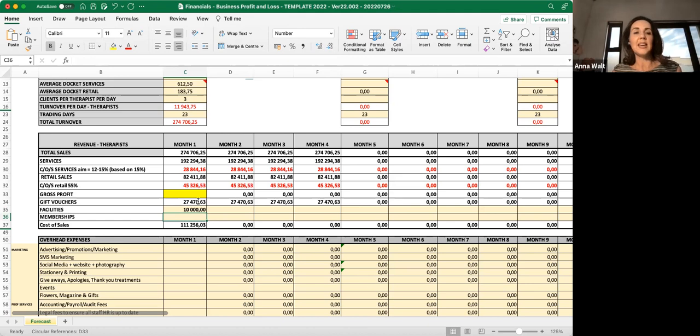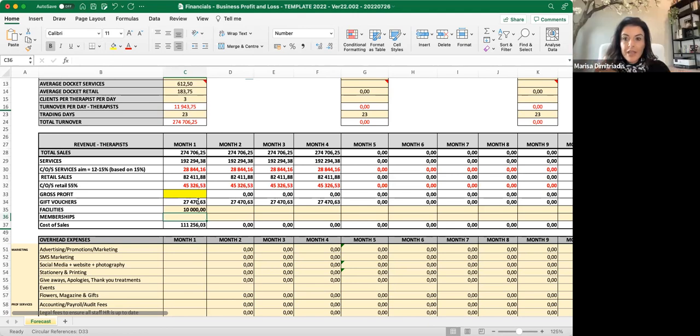So how many memberships, Rand value? Let's talk about Rand value. How much would you like to sell in memberships? Because they would be more tailor-made for each client. So I would like to see it at 10%